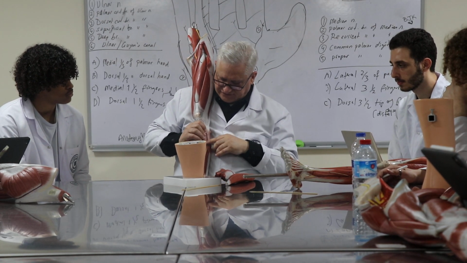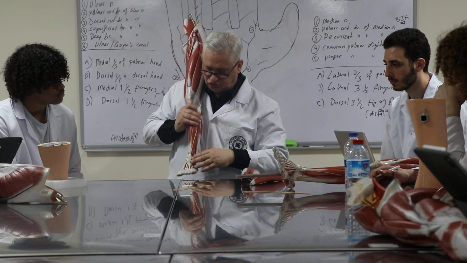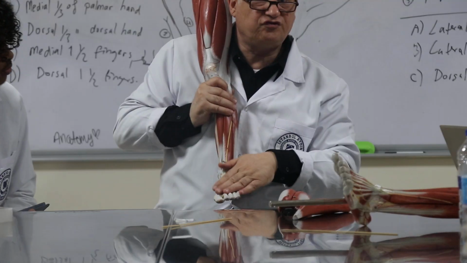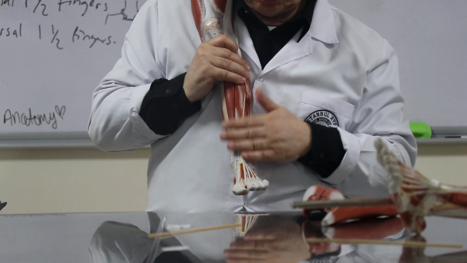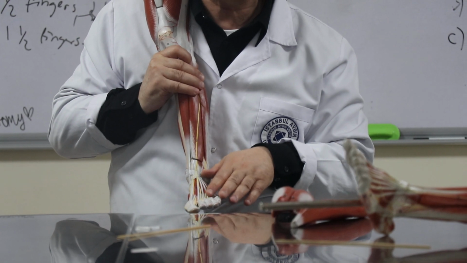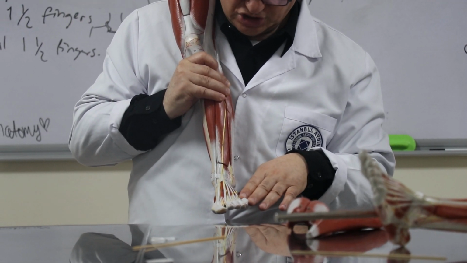Besides that, for instance, the extensor digitorum longus, as you can see, goes to the lateral four toes, the distal phalanges of the lateral four toes. So besides